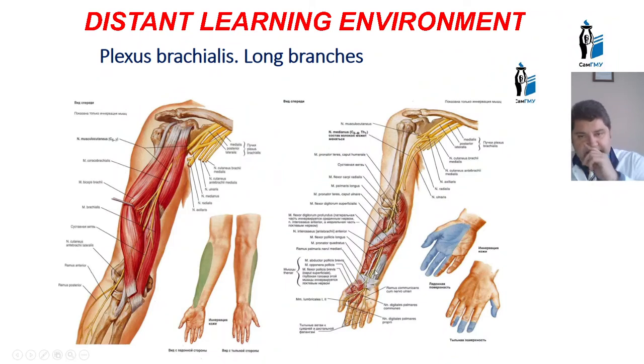So the median nerve passes with the tendinous parts of the flexor muscles, also with the flexor pollicis muscle, and also gives a branch to this muscle for thumb muscles. And next it passes to the hand and gives nerves for the thenar muscles, and you may read these thenar